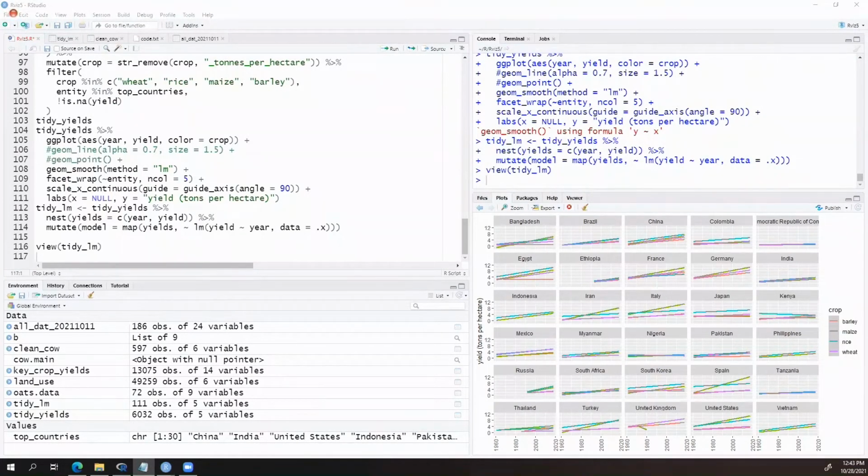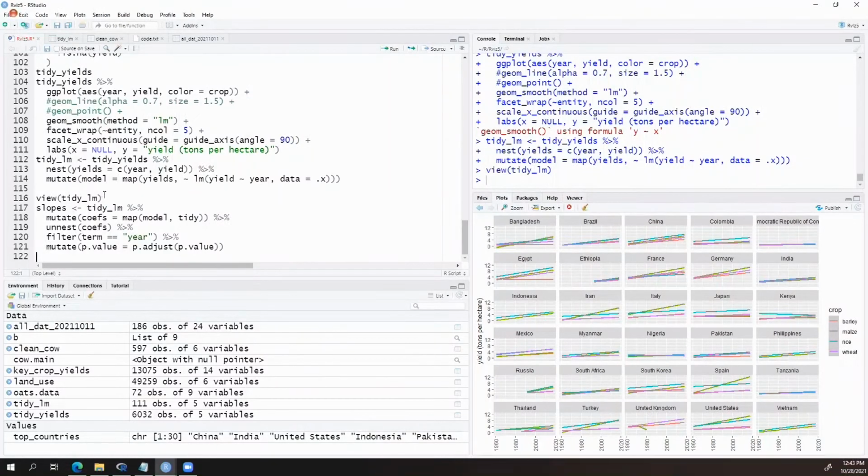So the first step is going to be to extract slopes. All right, so we take our tidyLM object, pipe that, mutate, extract coefficients from the model using tidy, and then unnest them, filter it for year, and then this is, okay, let's see.